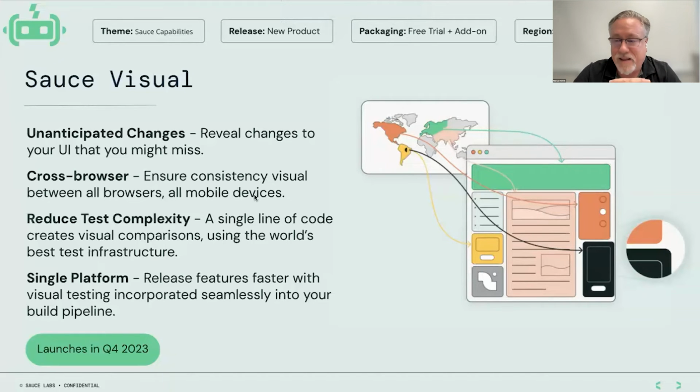Just wanted to say that we've got a really exciting new feature coming out here for Sauce Visual, and a lot of it is just to try to incorporate this really, really important aspect of testing into your everyday workflow, and not having to purchase multiple contracts, multiple clouds, reach out to upload and download huge swaths of megabytes full of data. It's really important for us to be able to tie all this together seamlessly within the world's best testing infrastructure,